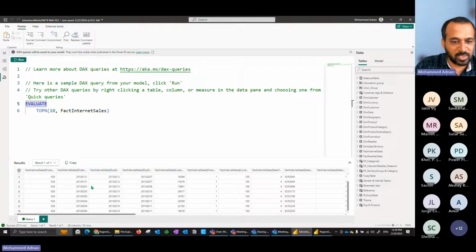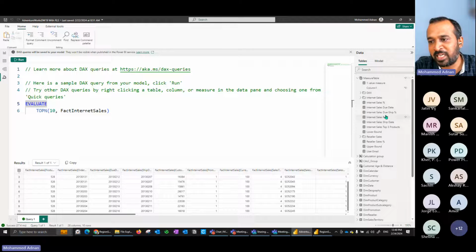Now I'm able to see this top 10 information here. Similarly, if you want to add any kind of measures, that is also possible here. But if you want to customize some DAX function and you're not sure about the result, for example, if I'd like to see the red internet sales kind of thing,